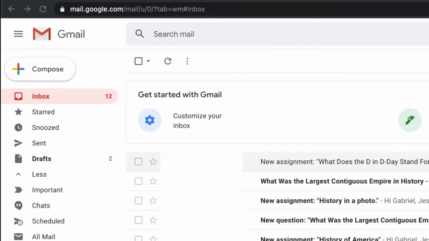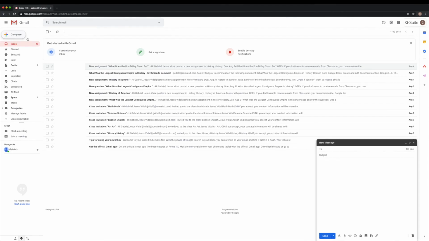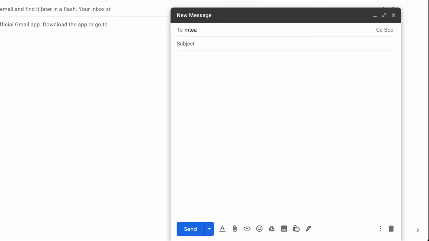To compose an email, just click on the Compose button on the top left corner. A new window will open. You will type the email of the person you are writing to. In subject, you will write a small description of what your email is about. At the center, you will write what you wish to discuss and can be as long or as short as